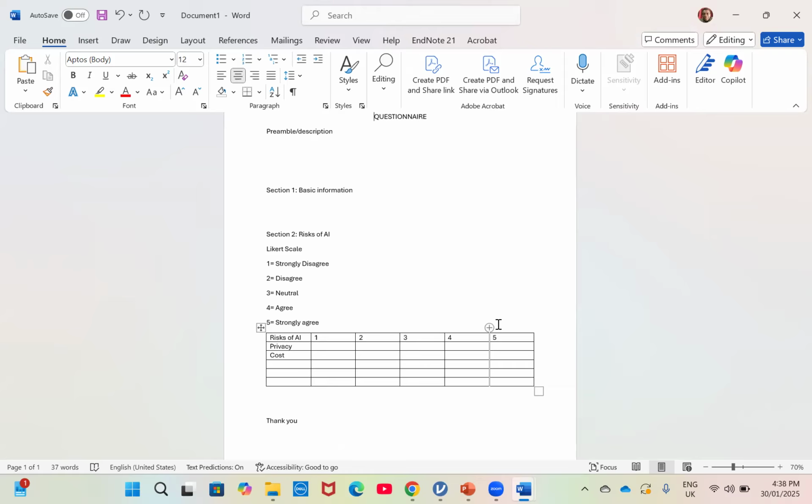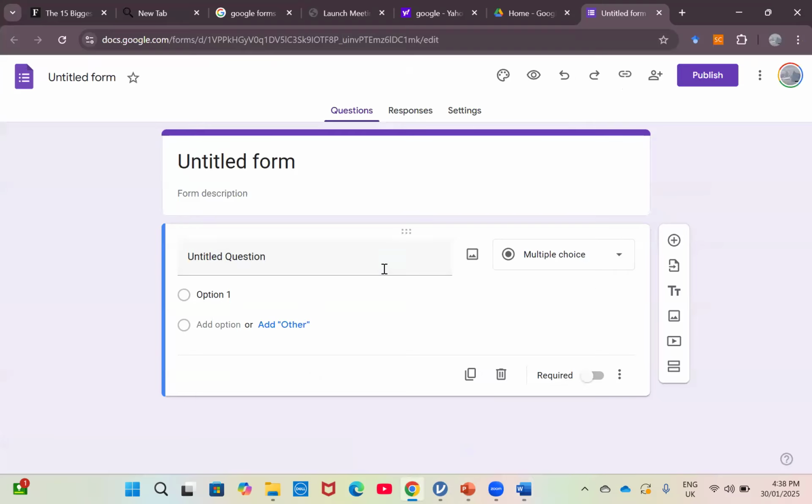But in this context, we are using the Google Forms. So this is where the Google Forms will come in. So let's go straight into the Google Forms again, and then let's see how it's going to work. So here, as I started with you, we have opened the Google Forms, and then here